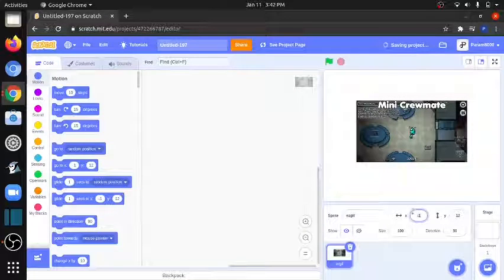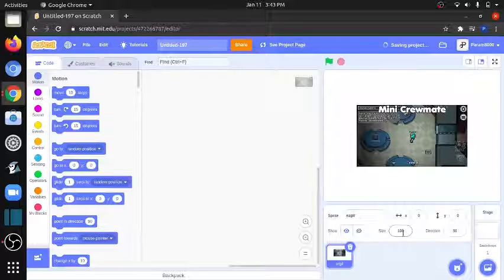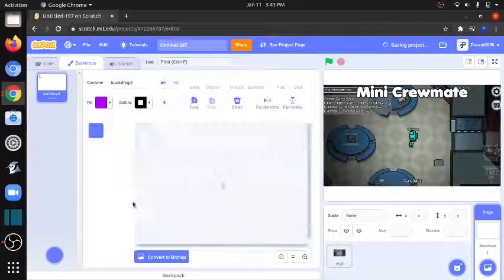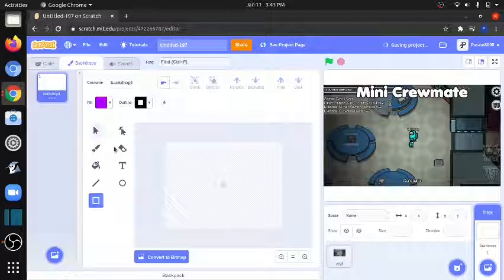And also guys, I want to tell you this. If you have a lower RAM or memory, just be careful because your computer might glitch out and sometimes it goes haywire. So now let's change the size of this to 165 and let's give the backdrop a black color